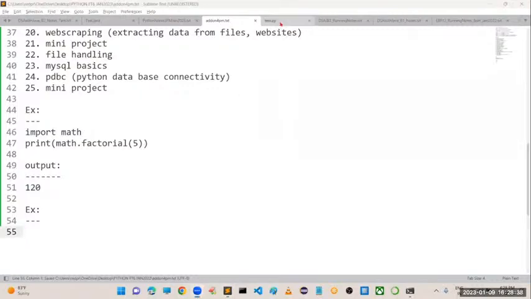Next, sir, I want to write a program to generate a 3-digit OTP. For that also, there is a special module with the name random. You just have to take random dot randint of x and then y, where you provide the limits.